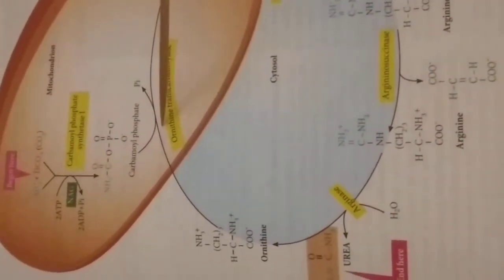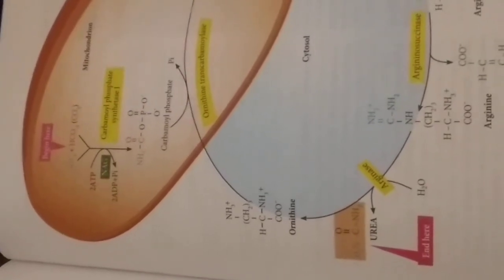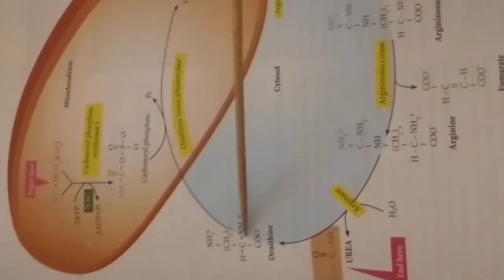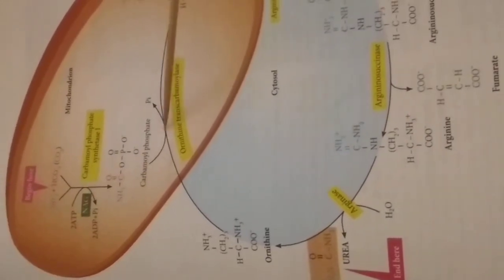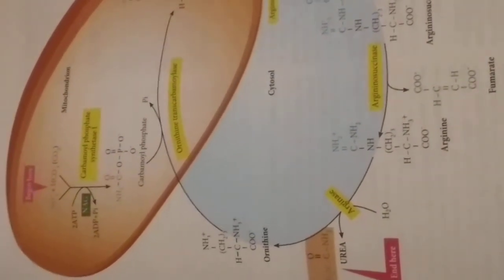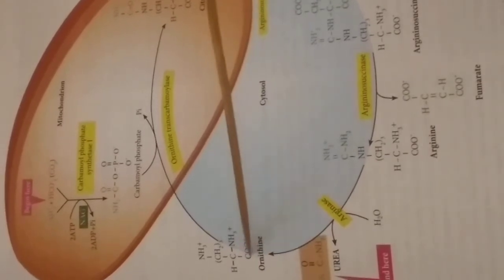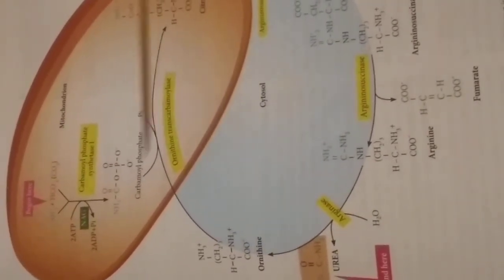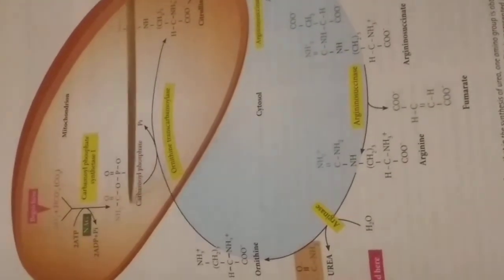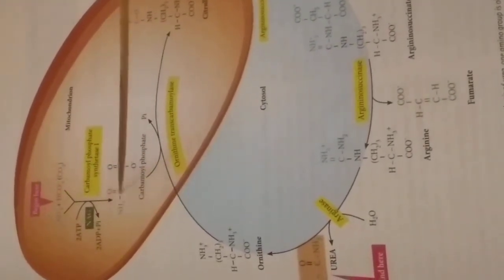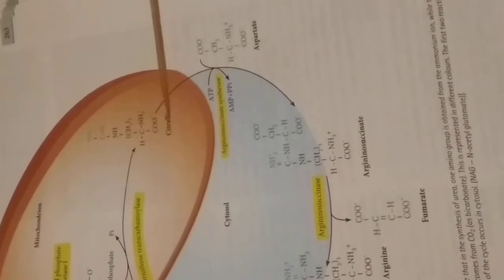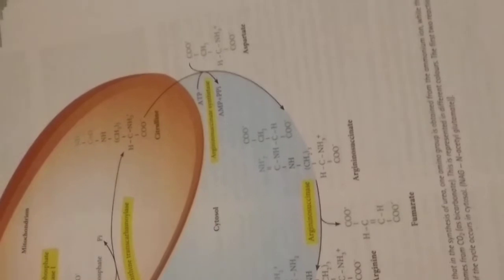So this carbamoyl phosphate combines with one molecule of ornithine. This is like the TCA cycle. It is a cycle, right? So this will be the end product, and again that will come into the cycle. From here the cycle starts. This ornithine, which is the end product of the previous cycle, enters this reaction. The carbamoyl group combines with ornithine to form citrulline. This is the structure of citrulline. Up to citrulline it is formed in mitochondria. This citrulline then enters into the cytosol by a transport mechanism, as usual.